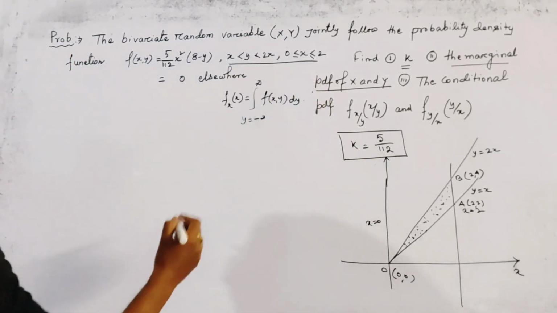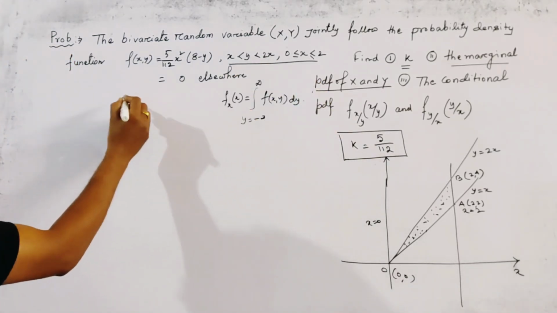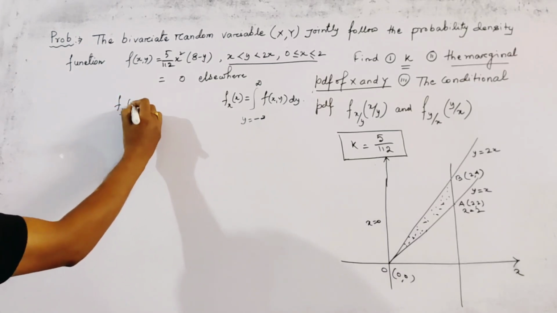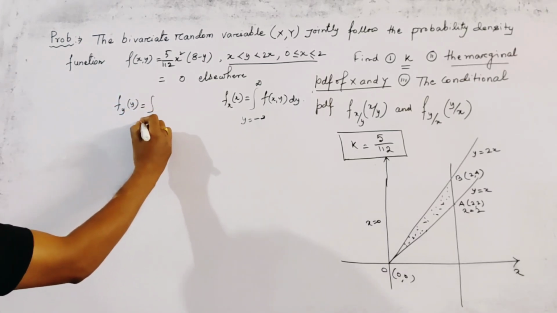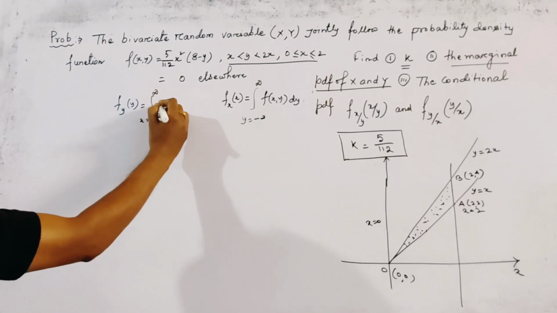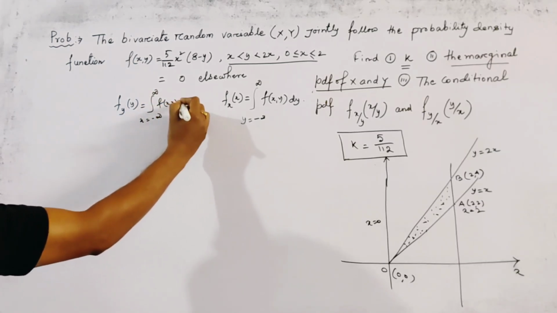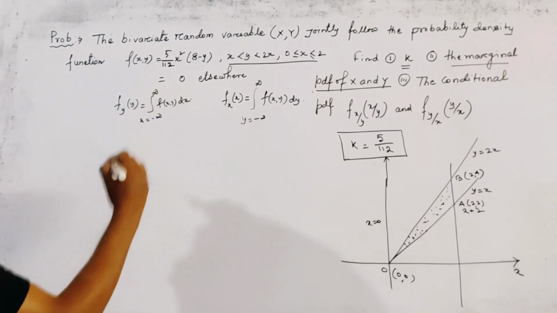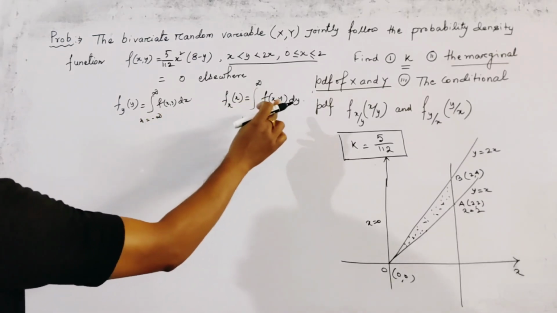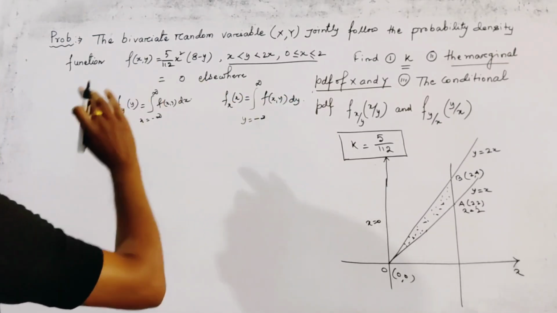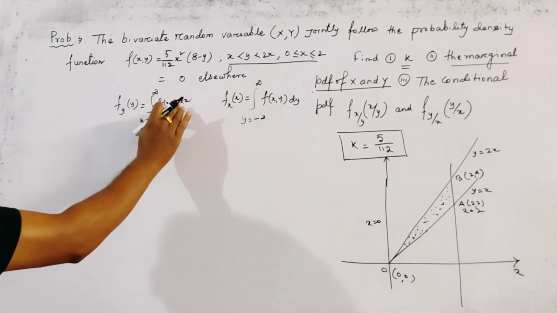Okay, and the definition of marginal PDF of y is given by f_Y(y), the integral over x from minus infinity to infinity of f(x,y) dx. When we integrate with respect to y, then we get f_X(x), and if we integrate with respect to x,